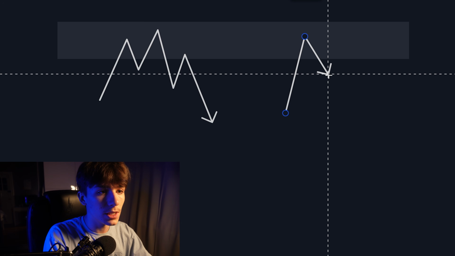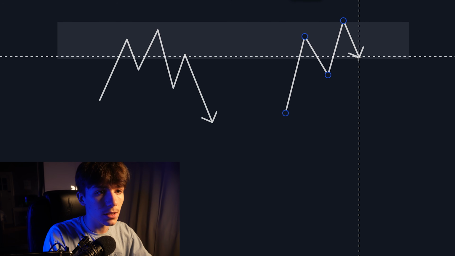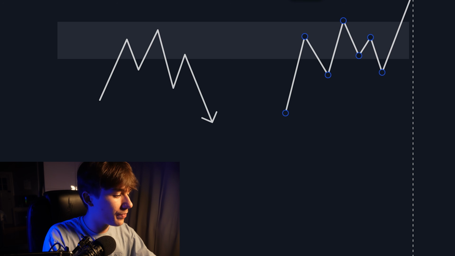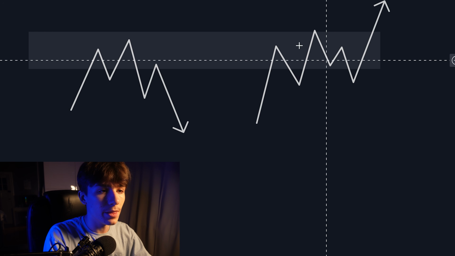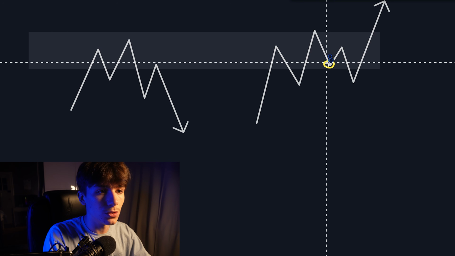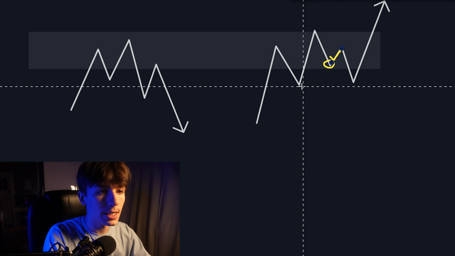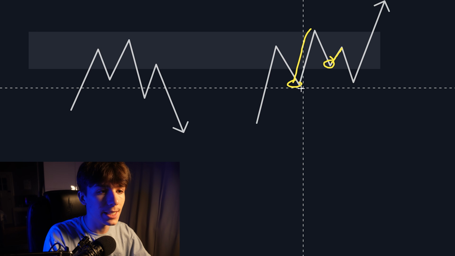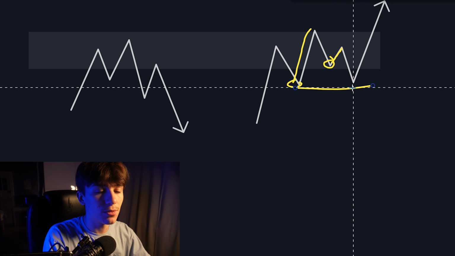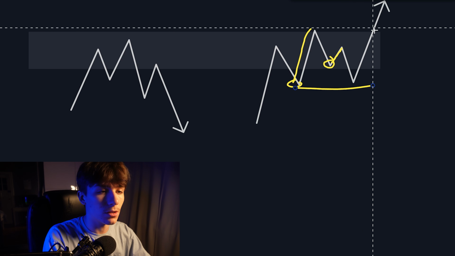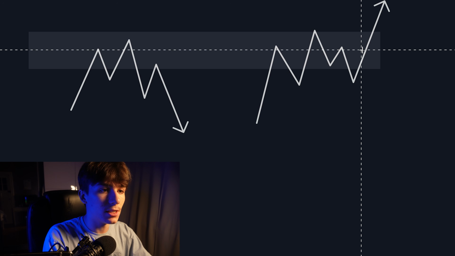So this is not a valid break of structure, because this is not the low that brought you to the last sweep's high. No, this is the low that brought you to the last sweep's high. So you want to see this getting broken. Didn't get broken, so this was just maybe a demand zone fill, and then just go higher. So I think you understand. It's the same thing if we